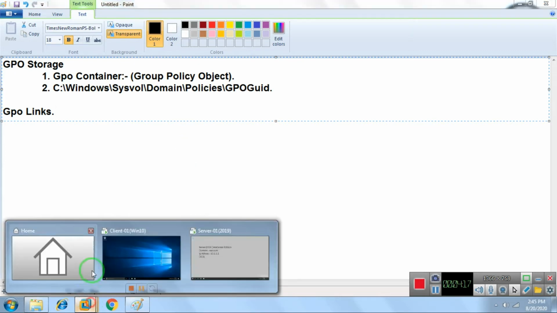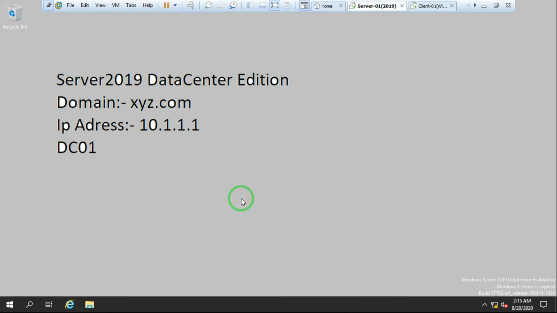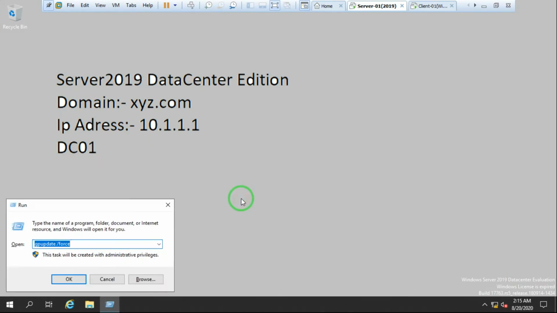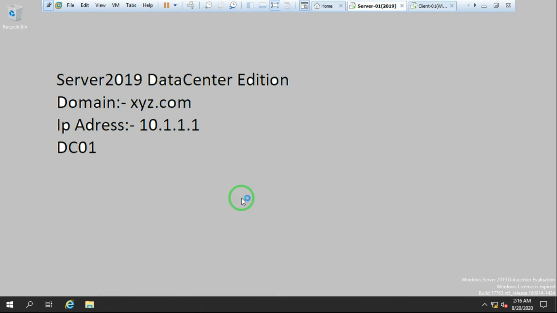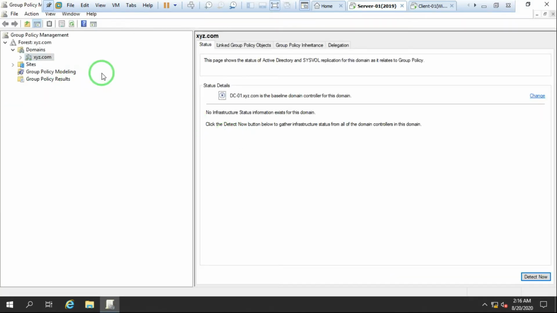If I open my server, this is my server. If I open GPMC, gpmc.msc is the command to open Group Policy Management. Now this is Group Policy Management.